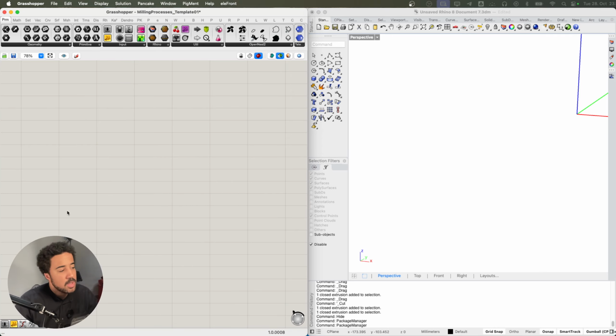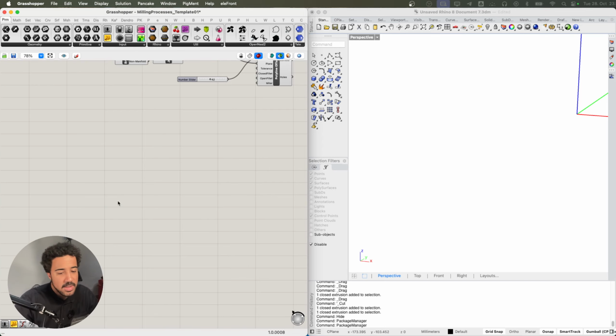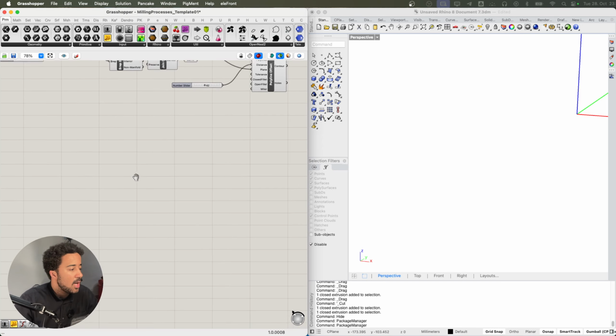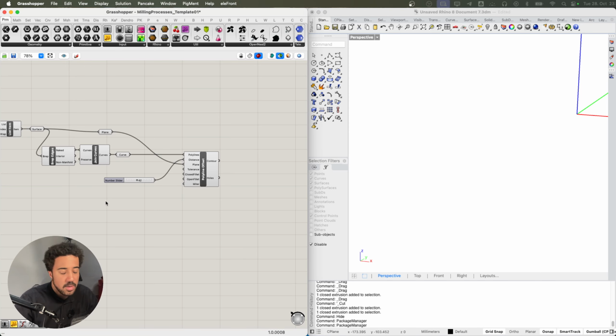There's a lot of information about CNC technology and CNC cutting strategies online. So if you Google for it, you should find a lot of information, a lot of instructional videos that will tell you a lot about the different parameters like step overs, depth of cut. I will not go over that here, but just so you understand what we're doing.